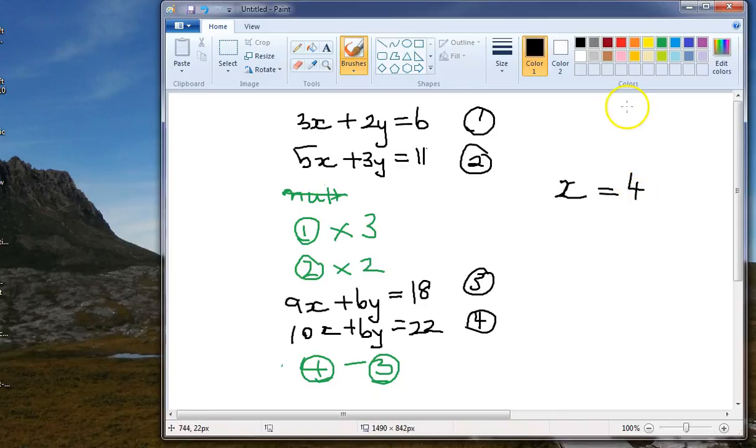Okay, we then do what we've done with all the other ones and substitute it into one of the equations. Now I'm going to use it in one of the original equations, so we're going to sub x equals 4 into equation 1, so that we end up with